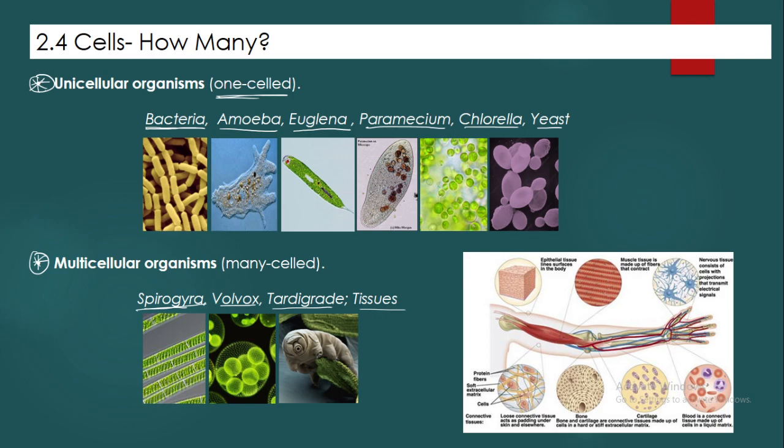So from here what we are understanding is that there may be single celled organisms that are called unicellular organisms. There may be a few cells like a Spirogyra, not too many, and there may be a huge number of cells, multicellular organisms, like trees and humans and so on.